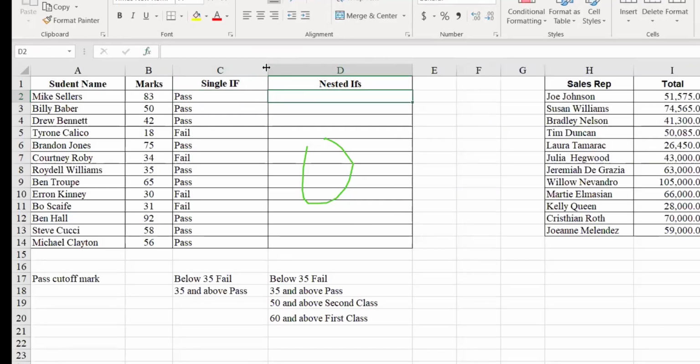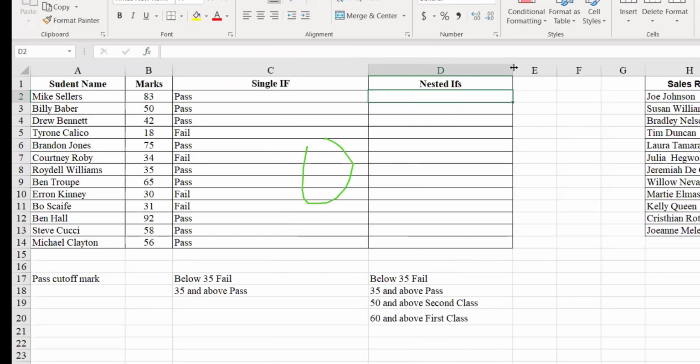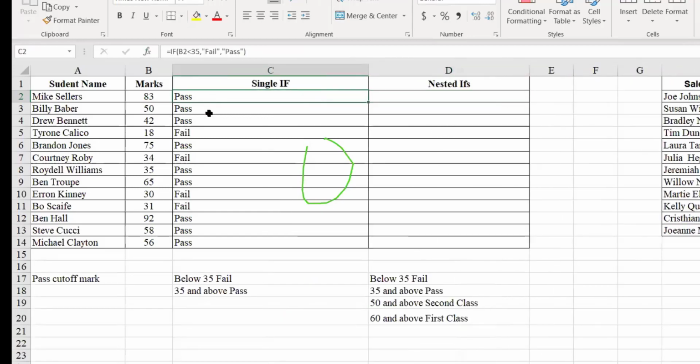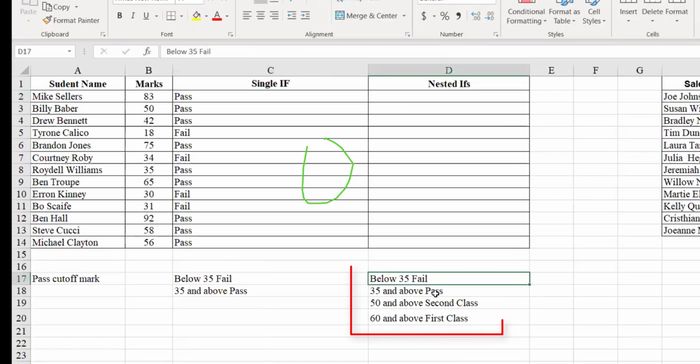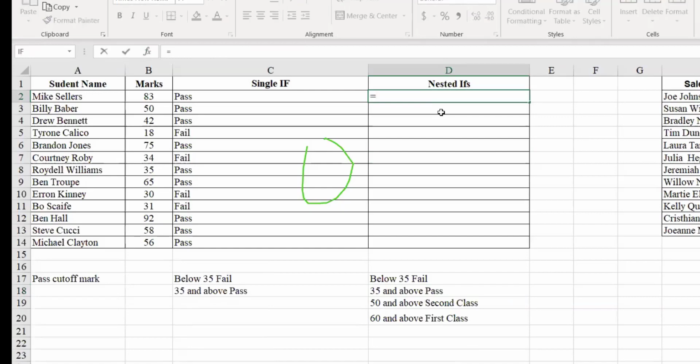Suppose you have multiple conditions. Here we are seeing only pass and fail. Suppose here we have below 35 is fail, 35 to 50 is just pass, 50 to 60 is second class, and 60 and above is first class. In this case, we have to use multiple IF conditions. Multiple IF works the same way. Equals, start with the IF.